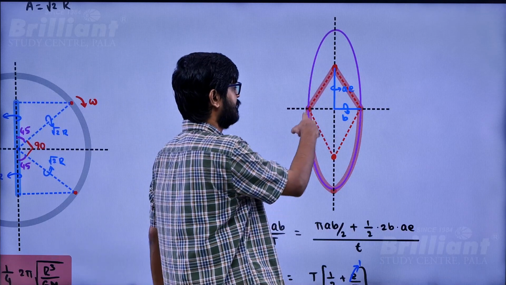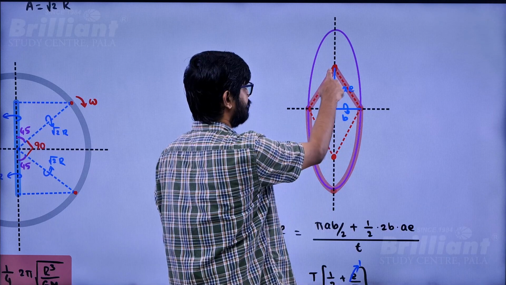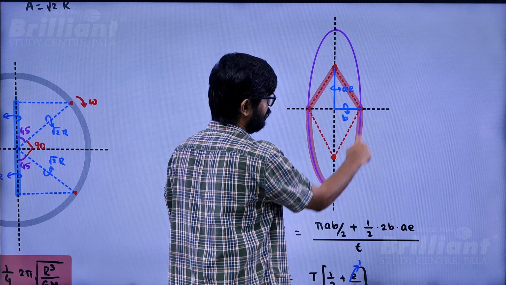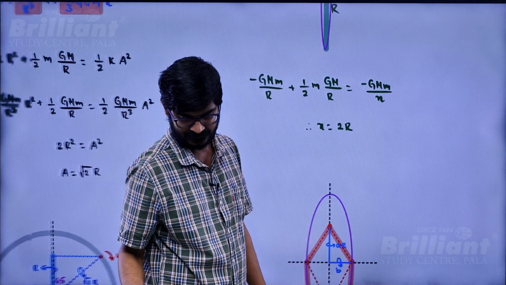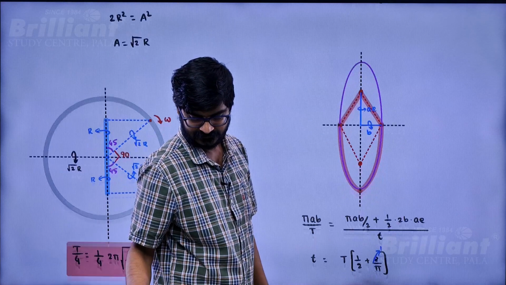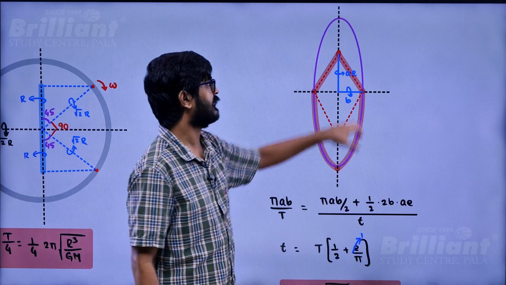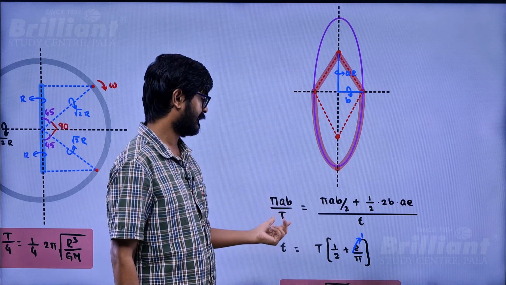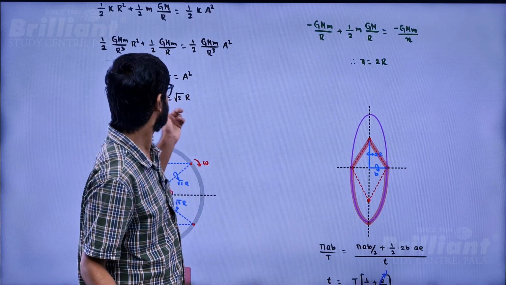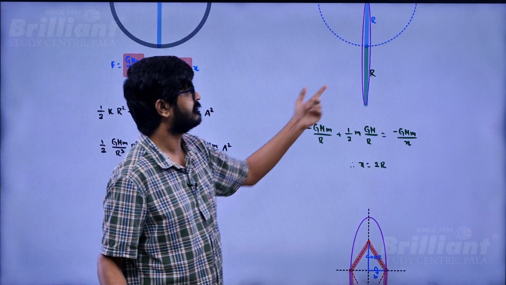If something is performing elliptical motion about this focus, we need to calculate the time taken to go from here to here. That's the same as the previous thing, right? The time taken to go from one end of the minor axis to the other end. Now the areal velocity is going to be constant. So for the total area, time is t. Why is it the same t? It's the same t as the SHM t, because the time period is